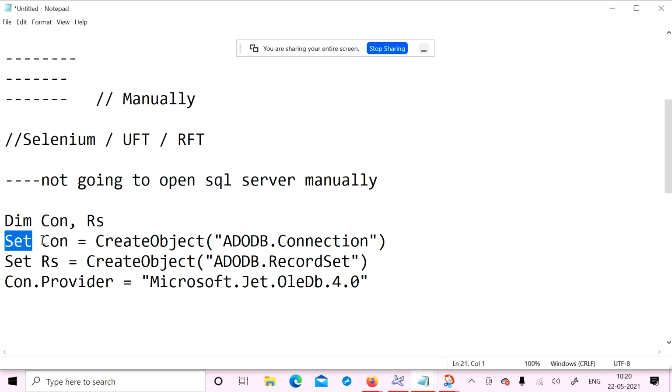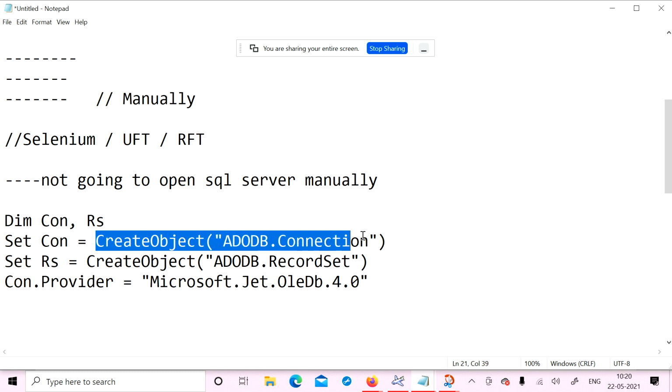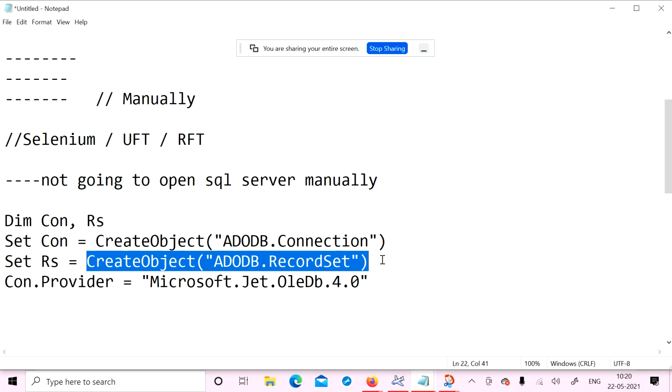Set connection equal to create object adodb.connection. This is for creating the instance for the connection. Set record set equal to create object adodb.record set.